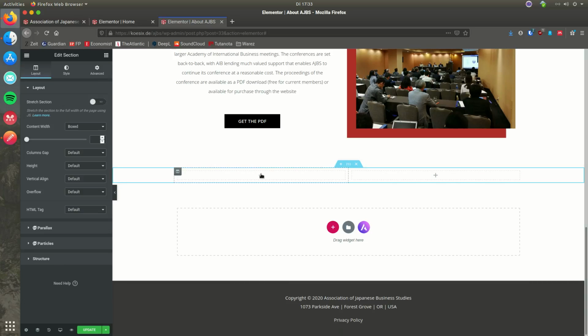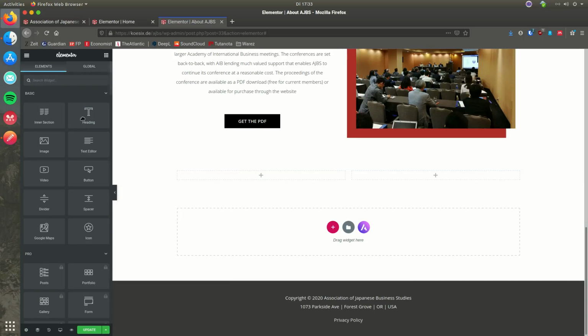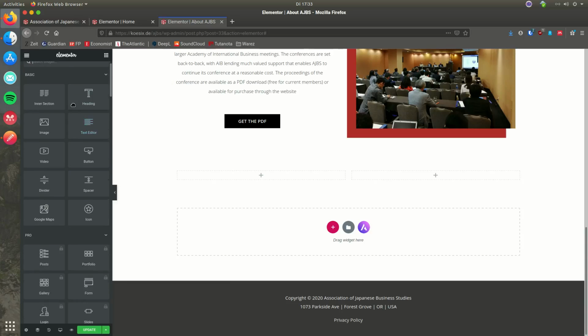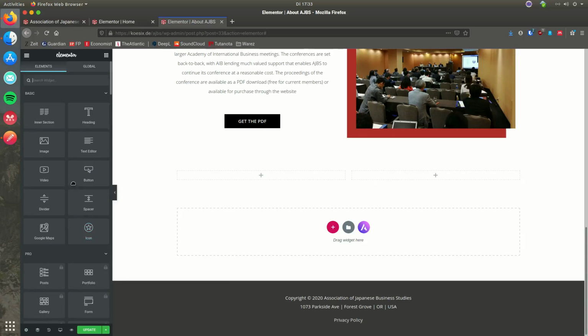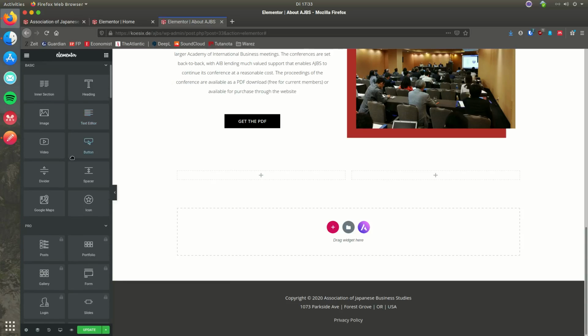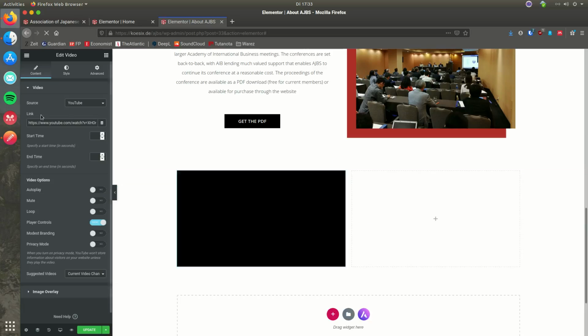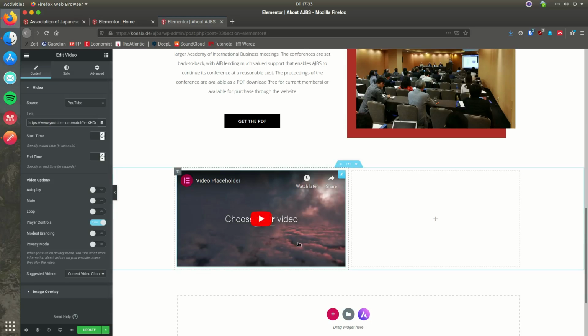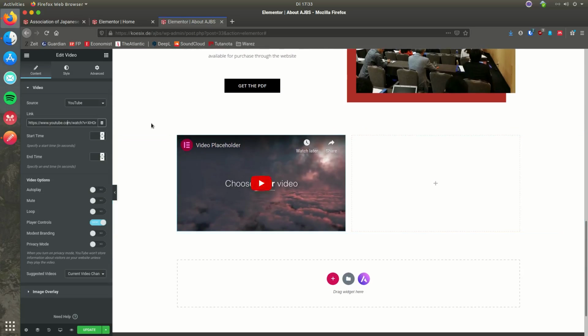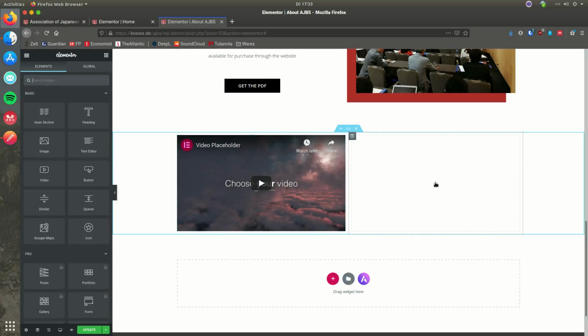So you can click the plus, and now on the bar in this menu at the left, you have all the elements that you can put here. For example, you want to put a video, so you just drag and drop the video here and put a random link like this one, and then click the other plus here and just put a text,